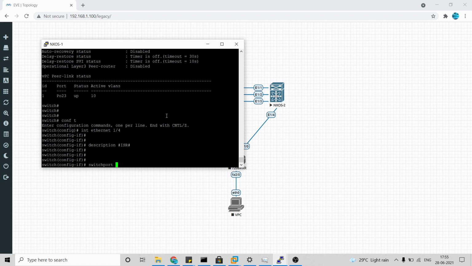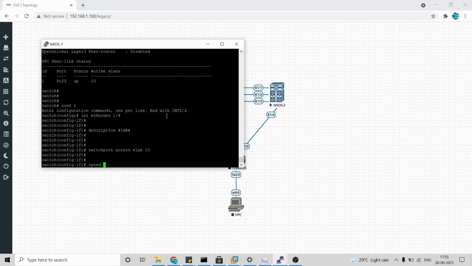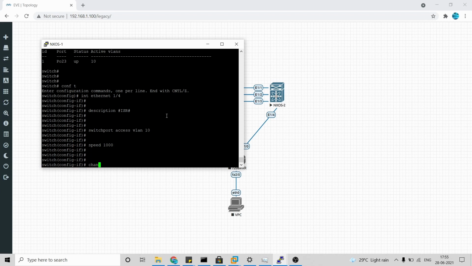Then the commands: switchport access vlan 10, then hardening commands such as speed 1000, and a channel-group, which is 10.